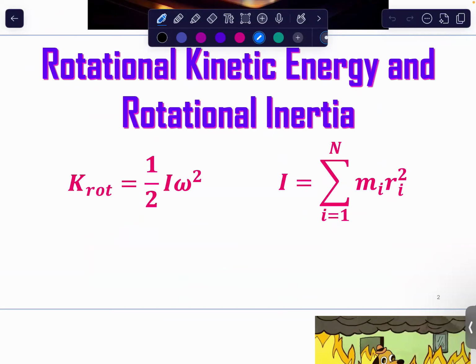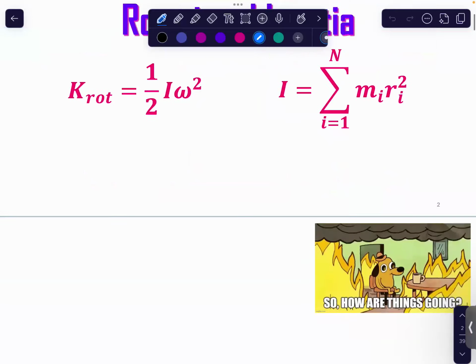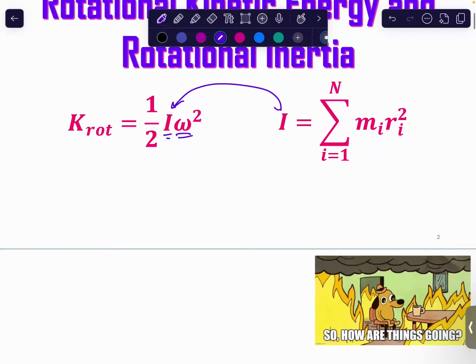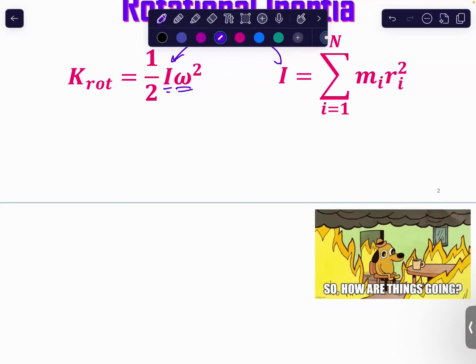So our rotational kinetic energy is going to be 1/2 I omega squared, where omega is still our angular speed or angular velocity, and I is your moment of inertia. So it's going to be these two equations here. We can figure out where this comes from by looking at what we know about kinetic energy so far,